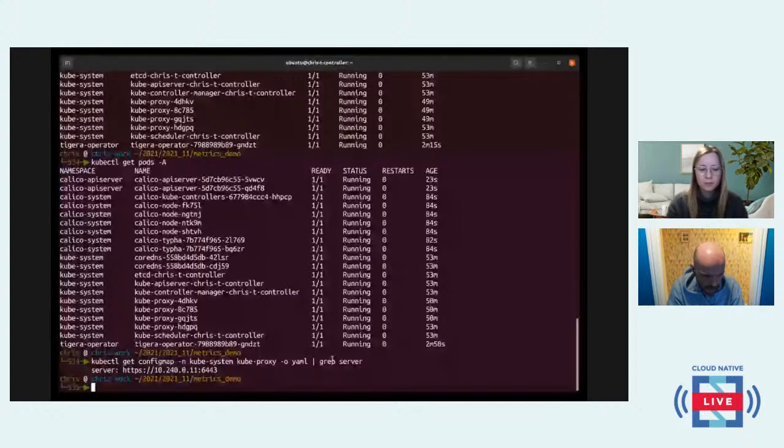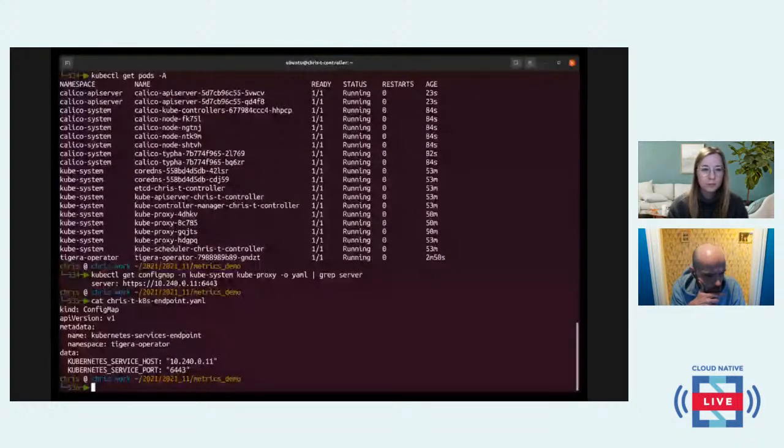So here's its address and here's its port. The next thing I do is apply some YAML I prepared beforehand, which looks like this. It's a config map in the Tigera operator namespace that tells Calico it needs to talk directly to the Kubernetes services endpoint, and we've put in the details here. So if I apply that now,